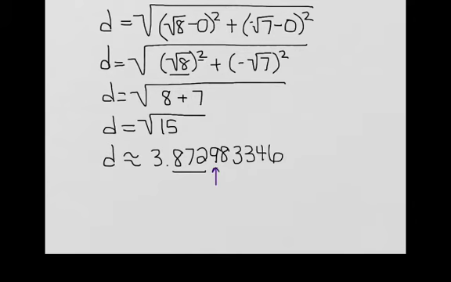And in order to think about rounding, I need to consider that digit there. That's a large digit, 5, 6, 7, 8, or 9. So that means that I'm going to need to increase the value of the thousandths place by 1. So the answer that I'm going to enter is going to be D is approximately equal to